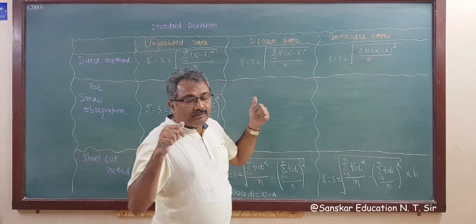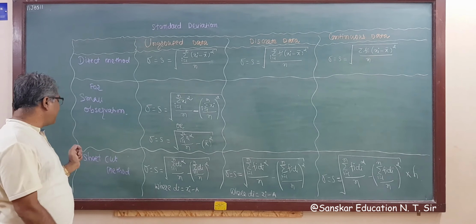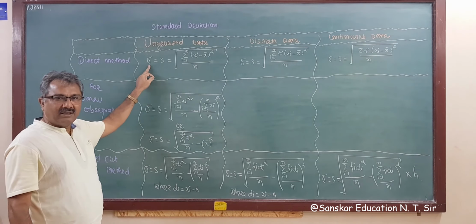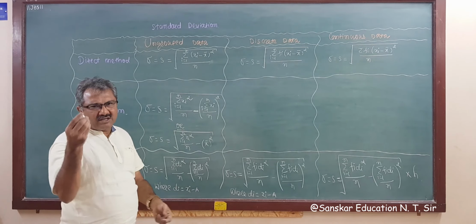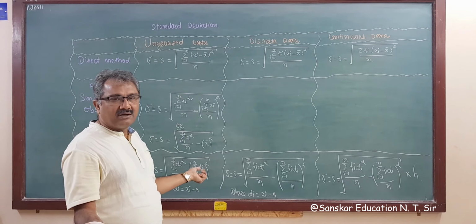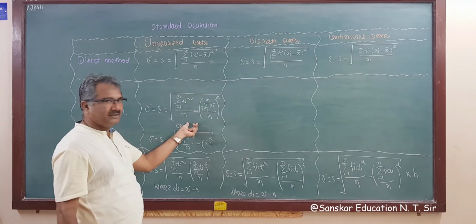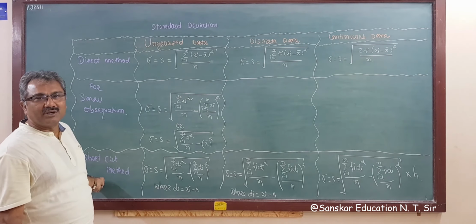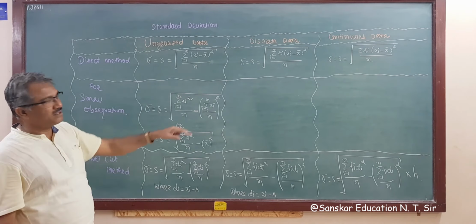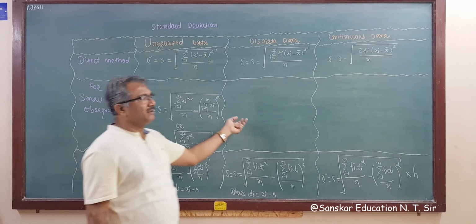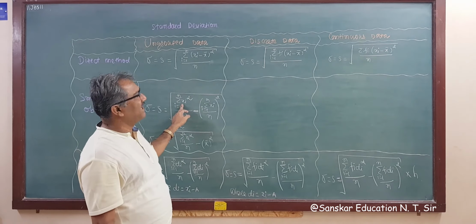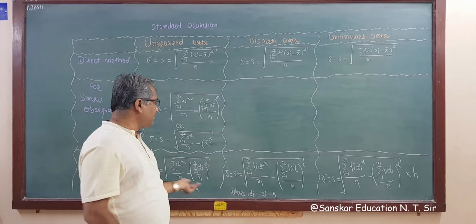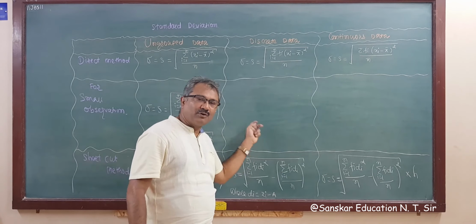Remember, if a small number of observations is given and you want to find the standard deviation or variance, you may apply the direct method. But I recommend always using the shortcut method. So note down these formulas. I am not writing the formula with fi xi square upon sigma fi xi here because it is the same. Instead of this long calculation, always apply the shortcut formula.